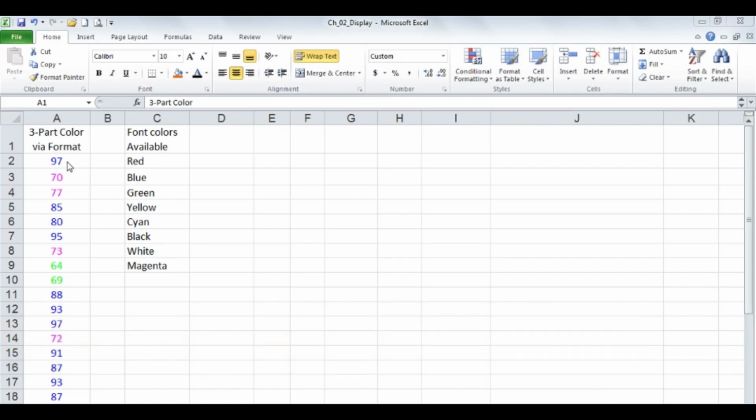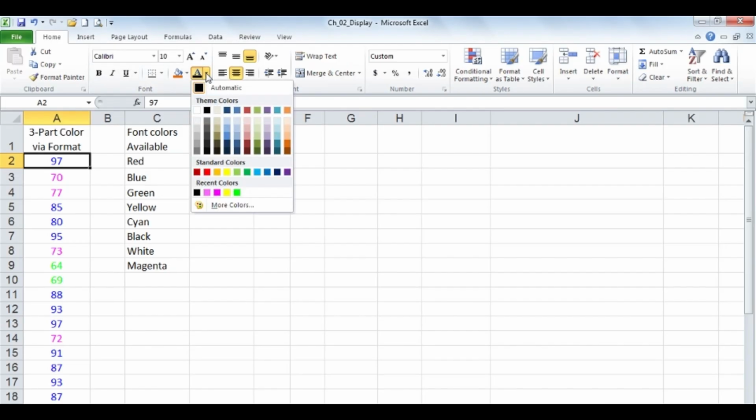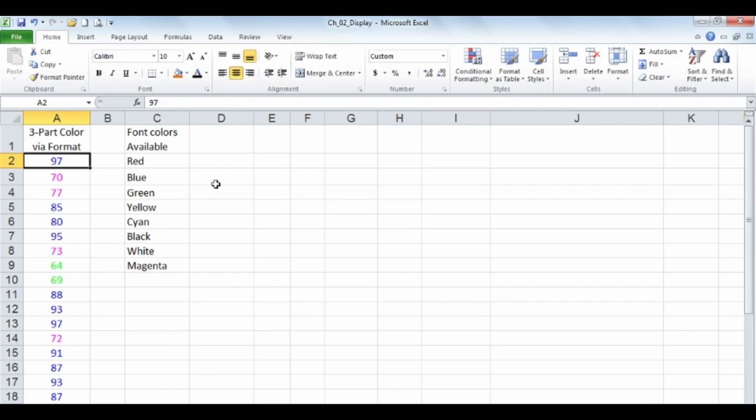I'm going to click on one of these, for example, the cell A2. Maybe I want to make this one green. If I click the font button here, as I slide over these, we're not seeing any changes at all, so something's a little unusual here. What's happening? Primarily for historical reasons, but something that you might encounter anyway, and something that you could possibly use,